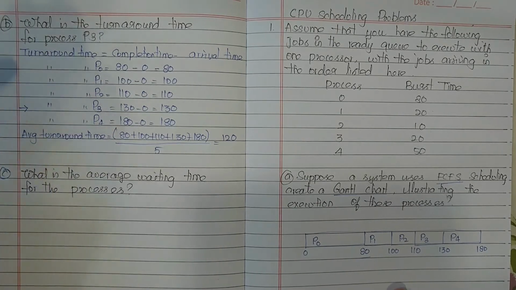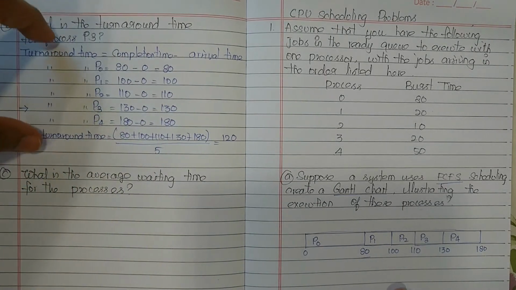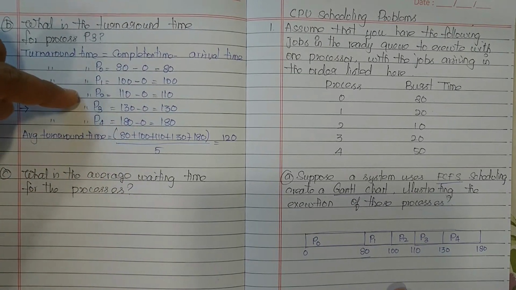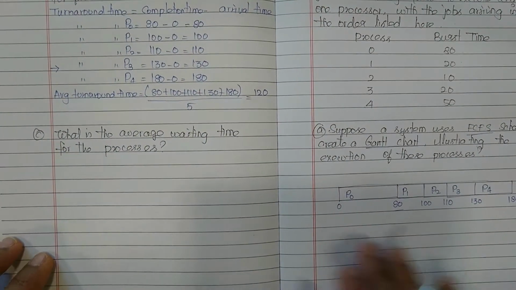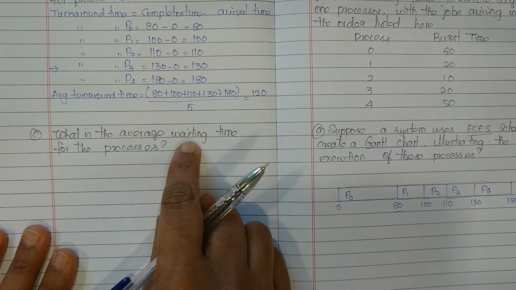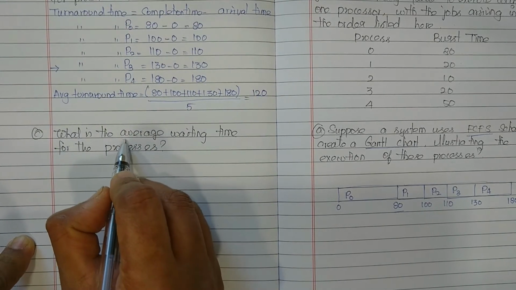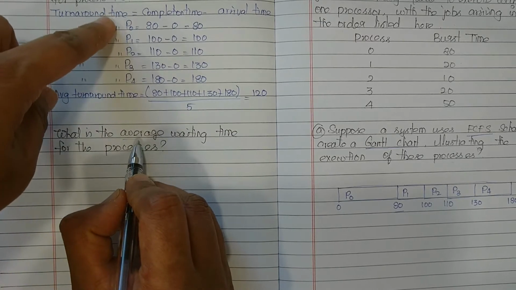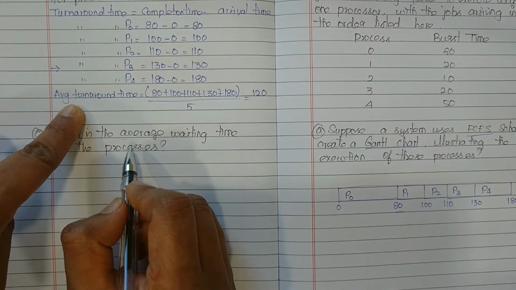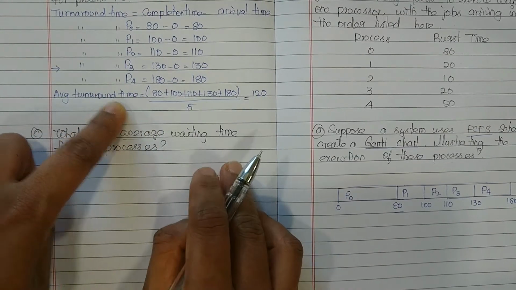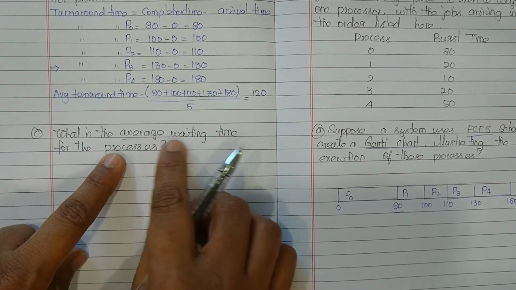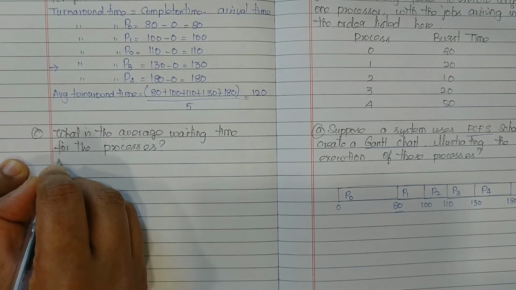Okay then. Actually the question asks only P3, but I'm explaining everything in case exam questions come on any of this in future, so you are able to answer them. Now, what is the average waiting time for the processes? I need to know the waiting time for each process, then only I can compute the average waiting time. Something like before, you needed the turnaround time for each process to compute the average turnaround time. Similarly, I need the waiting time for all the processes, then only I can compute the average waiting time. So let's do the same thing.